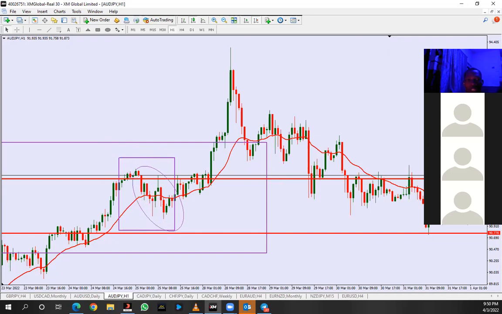We're supposed to see something like this, something in this manner: a drop, up, down, till we get to the 4 hour moving average target. But instead, price did not get to the 4 hour level. Instead, it changed hands from this point, and we have a breakout. Why? Because of the daily model.